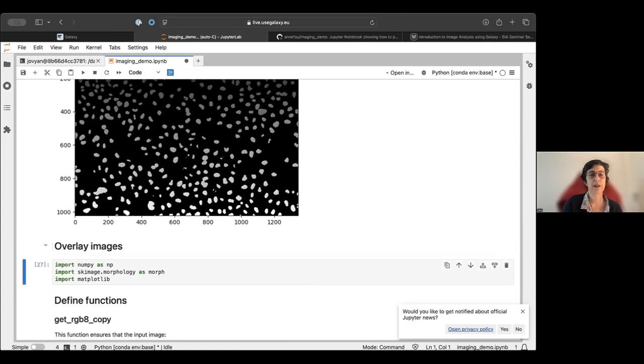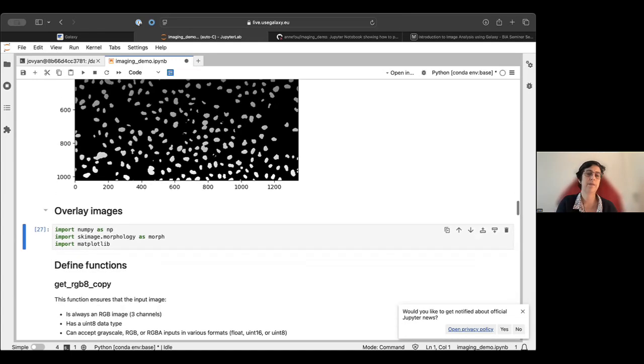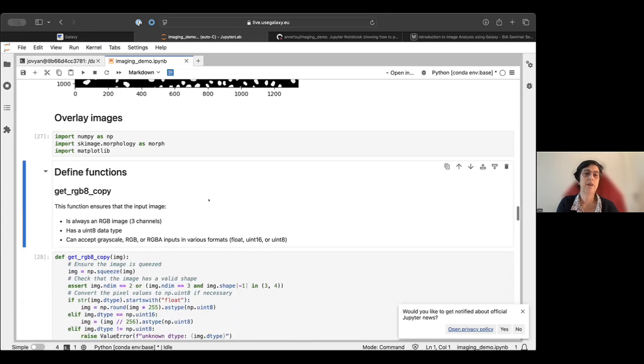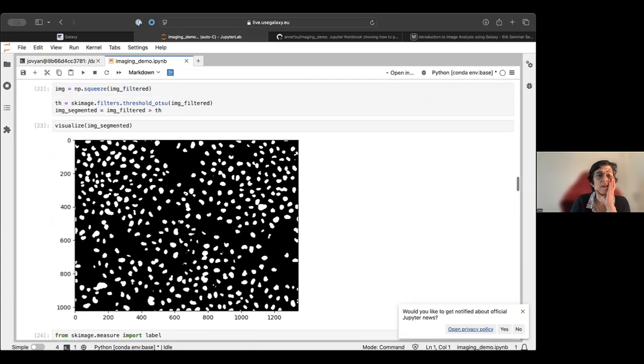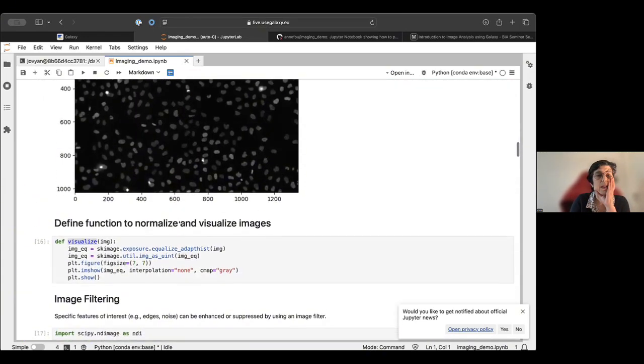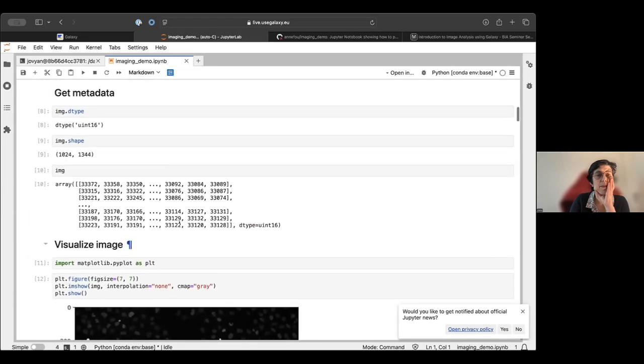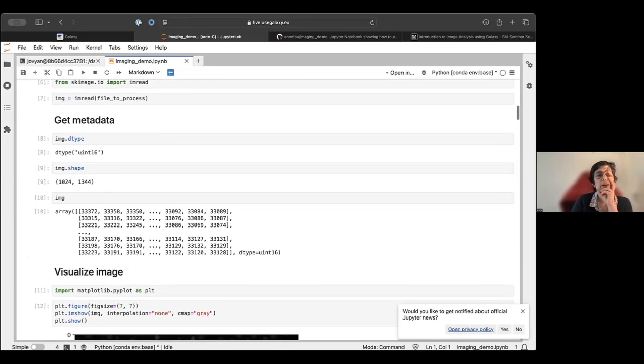And we can also make some overlay images using this skimage morphology as morph function. And here we define some additional images. If you remember at the very beginning, sorry for going back quickly, I wanted to show you the shape of the image here. The image is a 2D image, so it's not a square image, but nearly. So it's only one channel. It's a TIFF